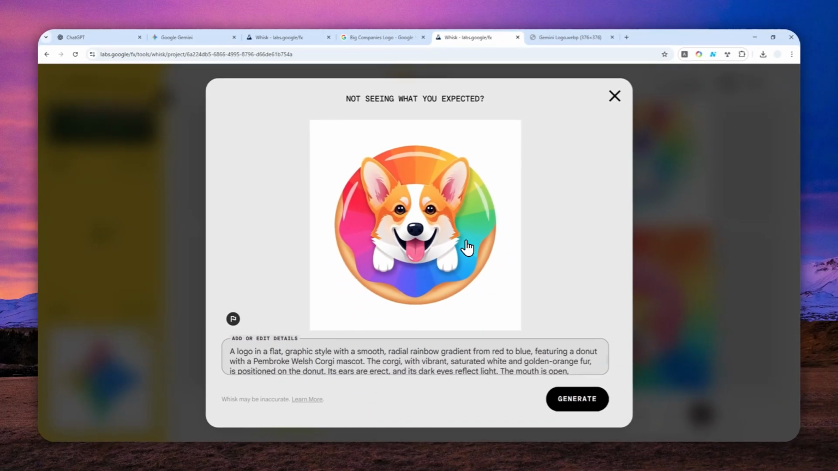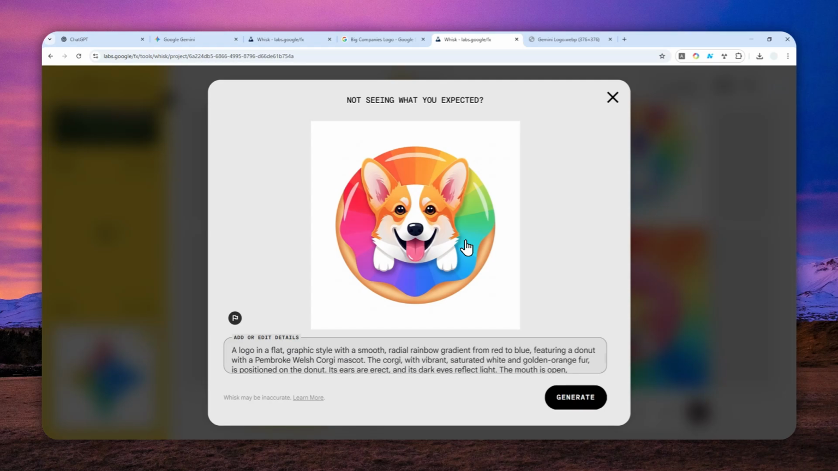That's basically how you can create a logo by copying the style or using other images as references using